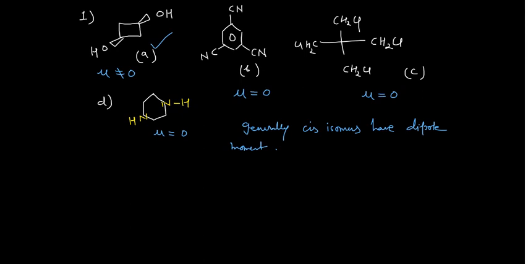You can see here, I can write it here. Say this is benzene, this is cyanide, carbon triple bond nitrogen, you can just write it like that, and here also it is carbon triple bond nitrogen. So it's a perfectly symmetrical structure. You should always remember that whenever you have a perfectly symmetrical structure with all the substituents of the same kind, such species will have zero dipole moment.